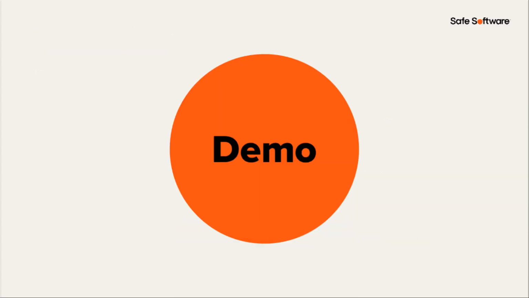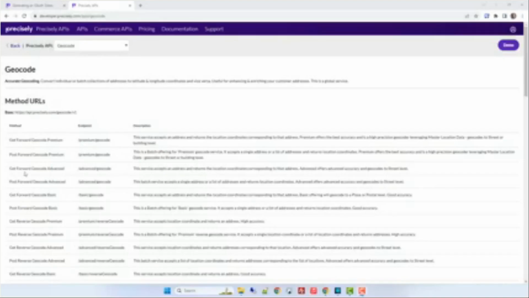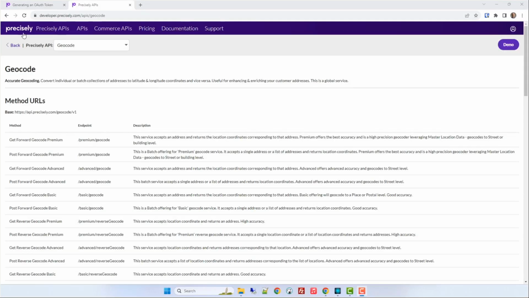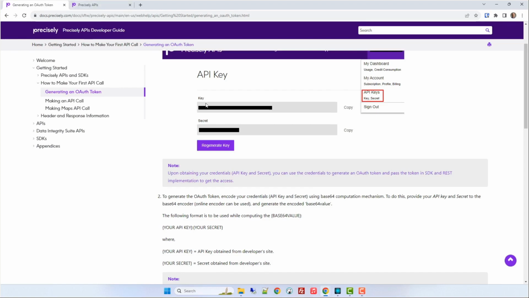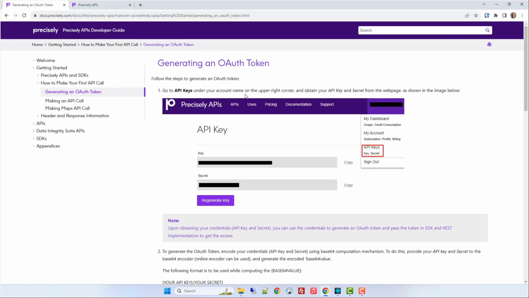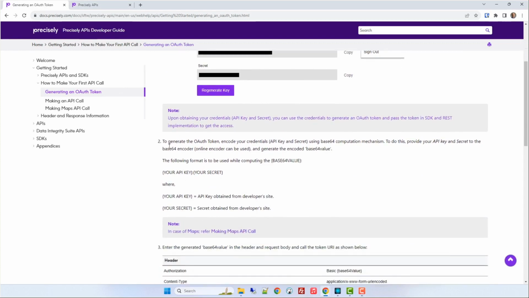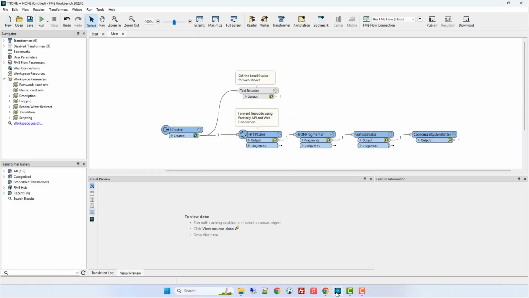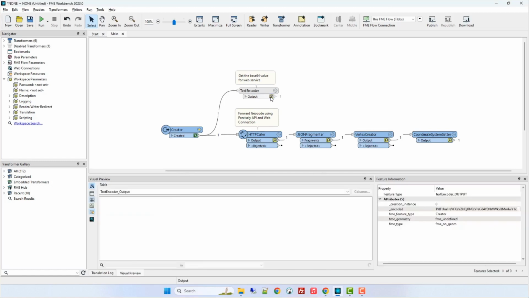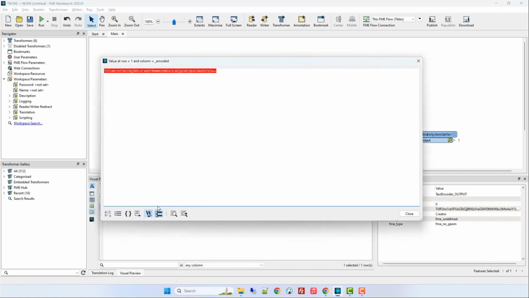So let's go through and just do a quick demo here to show building a token web service. And I'll just need a moment to share here. So we're going to go through and create a new web service and connection using Precisely. This is a web application that offers a bunch of services like geocoding. And we don't provide a template for this one currently in FME, a web service template. So the first thing to do is look at the vendor documentation. So we're taking a quick look there, jumping into FME Form. And one of the things